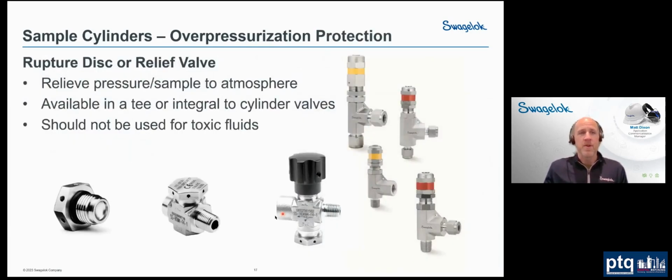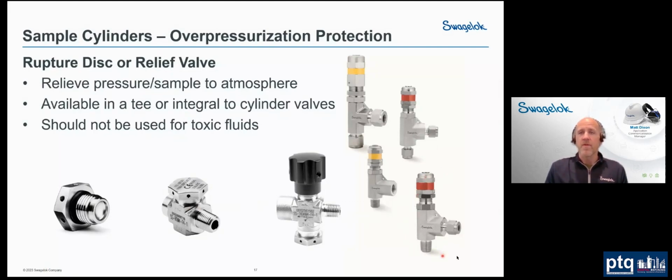The rupture disc, which you can actually see here on the left, is just a really thin membrane that is designed to fracture at a certain pressure. So once it reaches a certain pressure, it fractures, and then the liquid would go out and squirt out the little holes there, relieving the pressure. Now, of course, that's a one-time deal. Once that's fractured, it's done, and you need to replace it. But it does save the sample cylinder, prevents it from rupturing. Likewise,